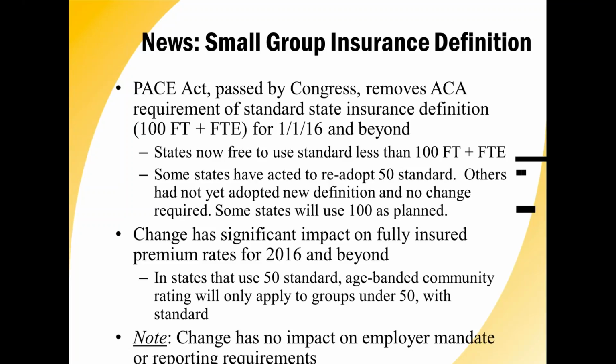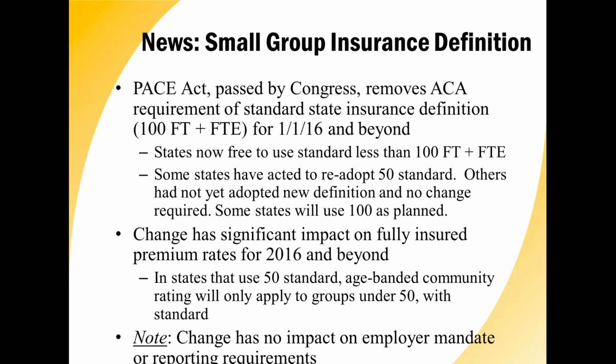The PACE Act modifies the Affordable Care Act to allow all states to choose their own definition of small group for purposes of the insurance carrier rules and the insurance rating rules for fully insured plans. So effectively, this protects the way we've always done things when states had the opportunity to use their own state small group definition. The ACA was going to mandate a uniform definition of 100 for all states beginning in 2016,